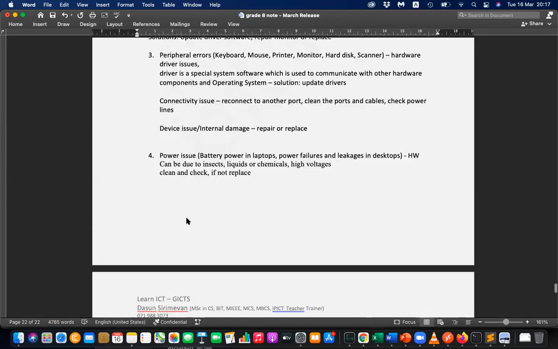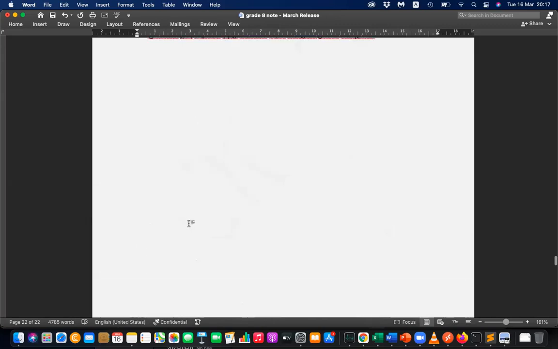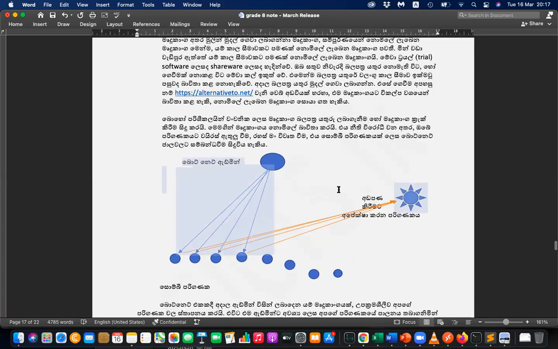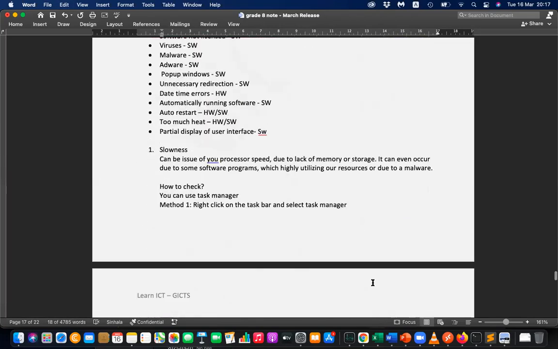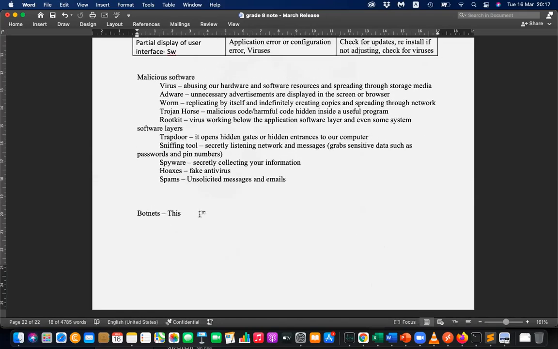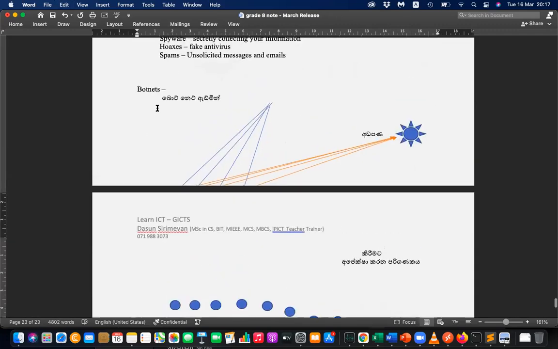Here's the graphic. I think this is self-explanatory. This is not in your syllabus, but I just explain what's happening in the botnet.